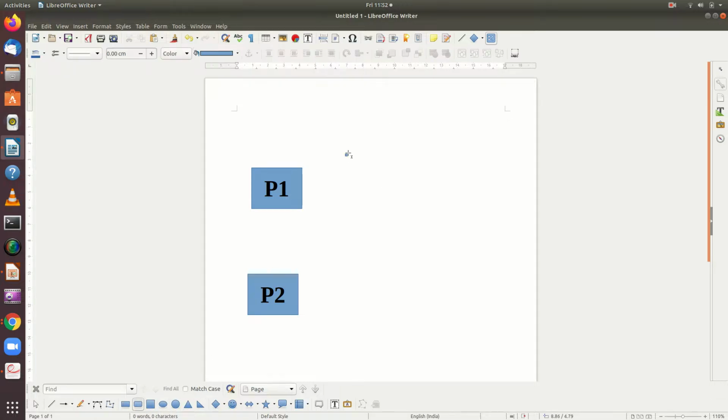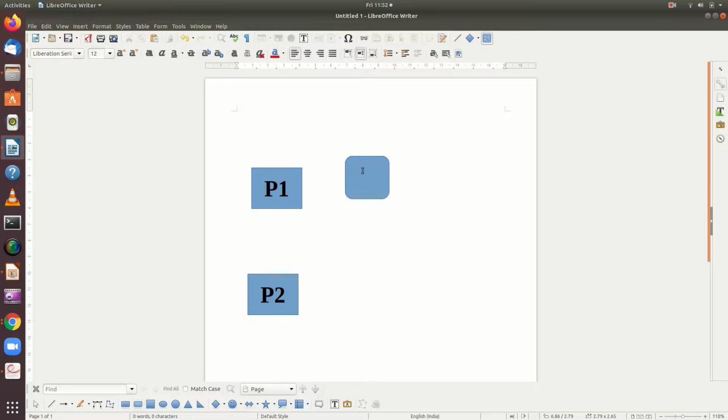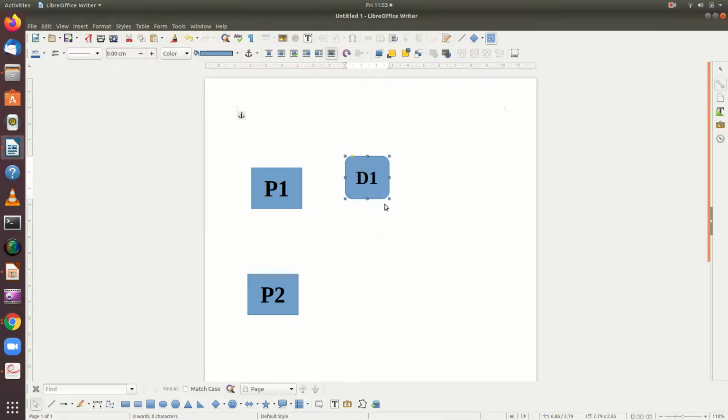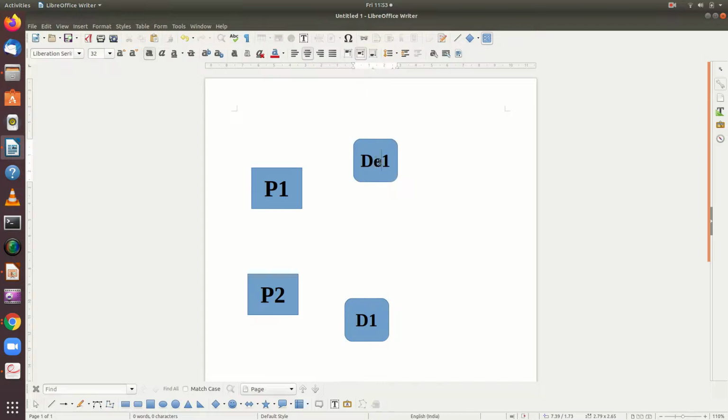Let me say this is device 1, and it is currently allocated to process 1. In the same way, this is device 2.